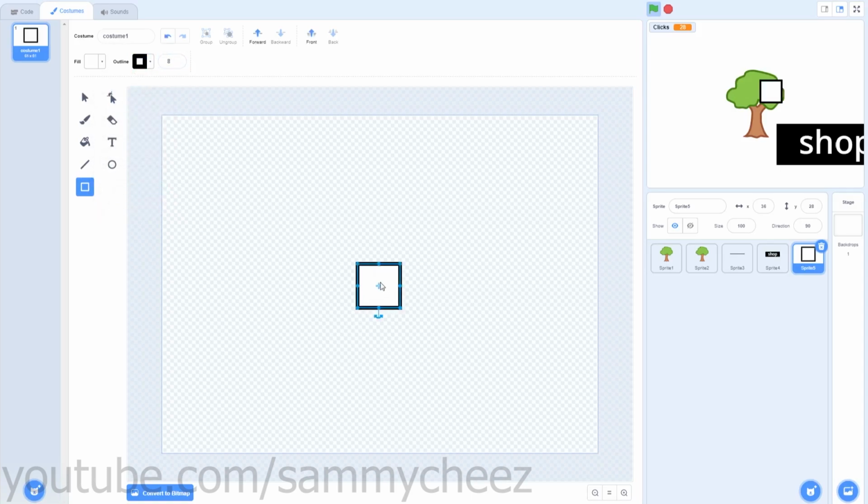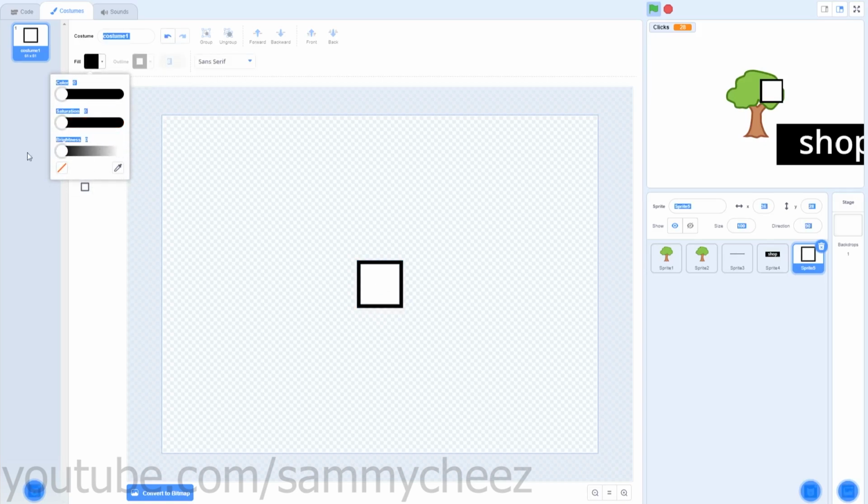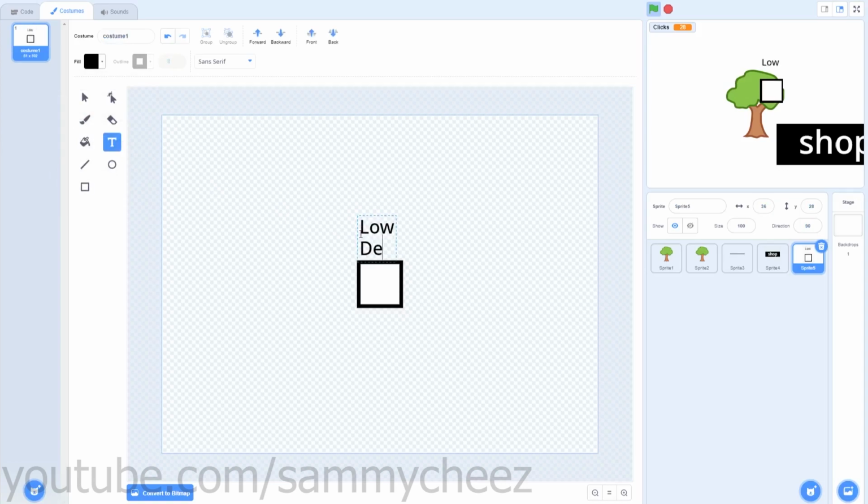Hold shift and make a perfect square, drag it to the middle. Then you want to grab a text box, make sure the text box is black. Then what you want to put in is low, and then enter detail, and then put a question mark. Drag it above the little box, duplicate this costume,